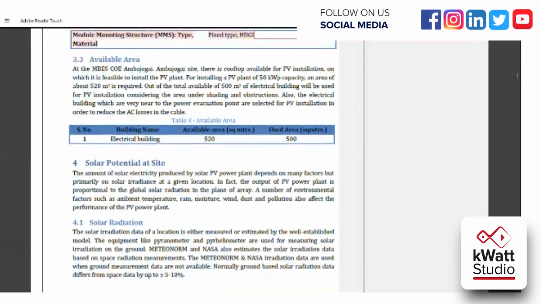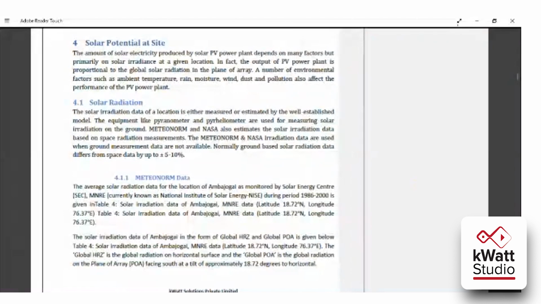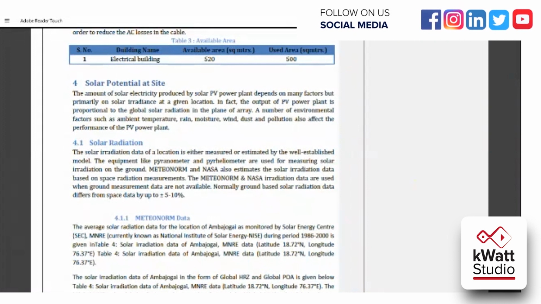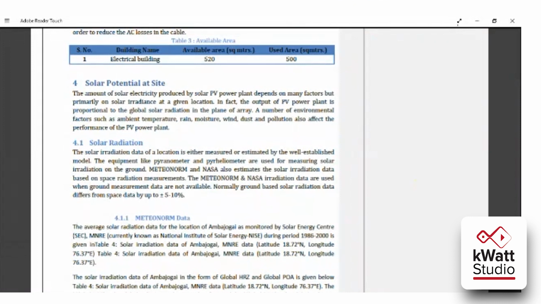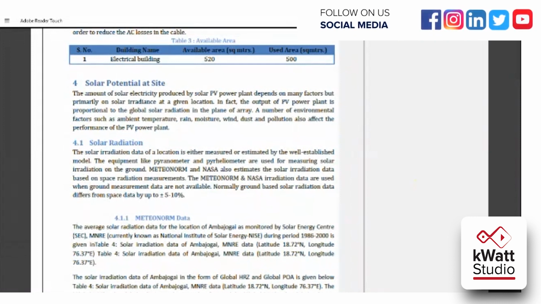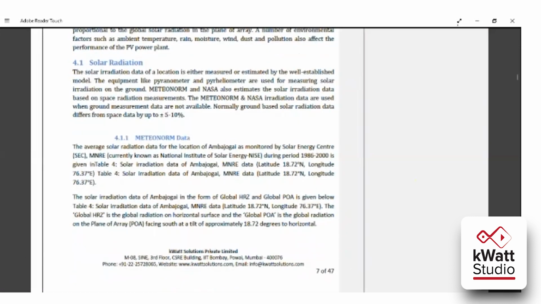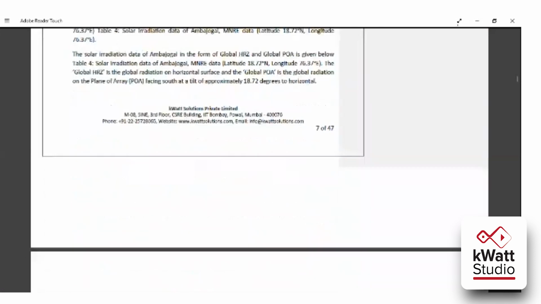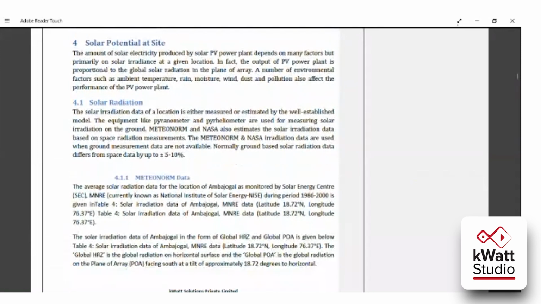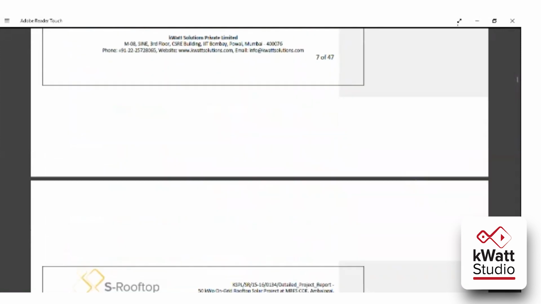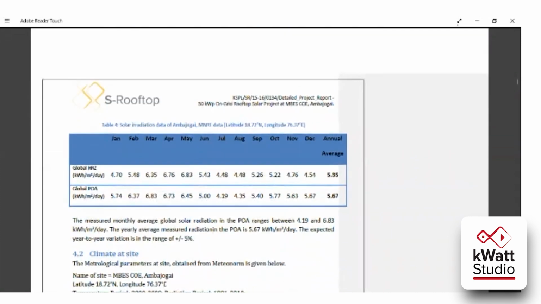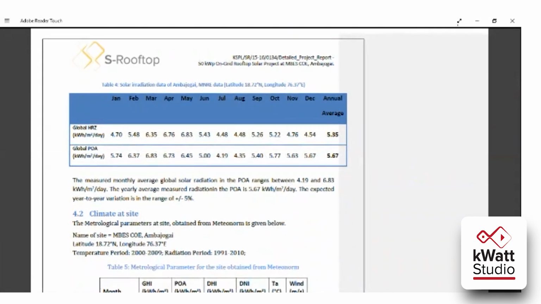Again, after adding the area related information, you will add the solar potential at site. Solar potential at site means you will add the solar irradiation that you will get at the site, because that is very important. The solar irradiation is going to decide the generation of your solar PV plant. The solar radiation may be different for different areas. As I mentioned, two sources are there, NASA and Meteonom. You just have to put the lat long on the website and you will get a variety of parameters